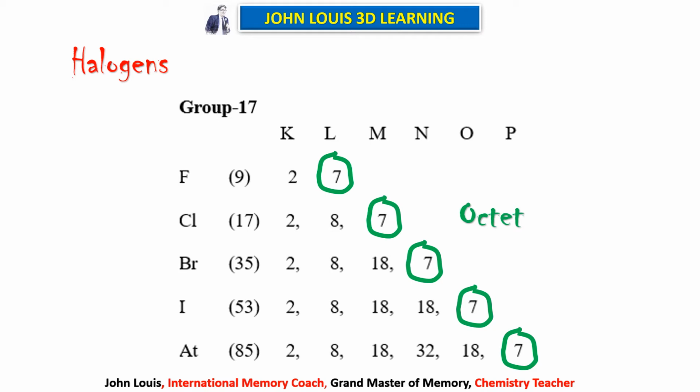Here calcium is willing to donate 2 electrons, but chlorine is willing to accept only 1 electron. Where will the other electron go? That is why here 2 chlorines will react with calcium. Each chlorine will accept 1 electron given by that calcium. Clear? So now you can understand why CaCl2.